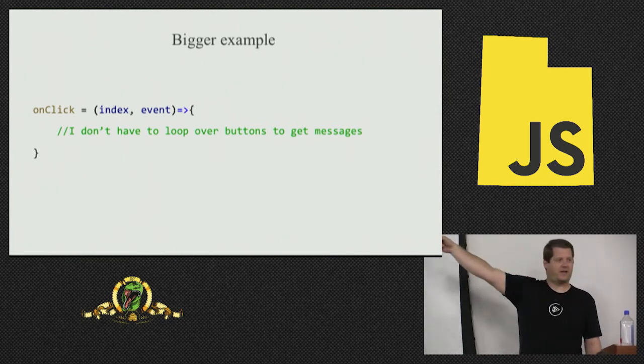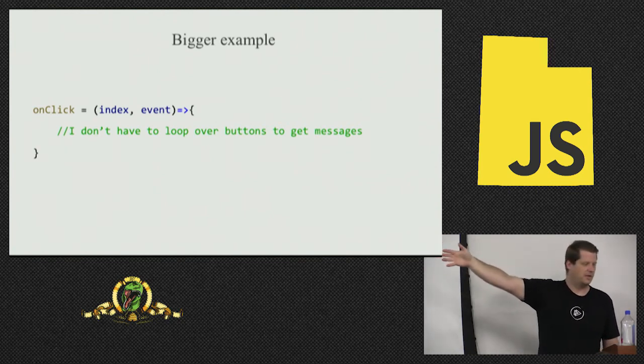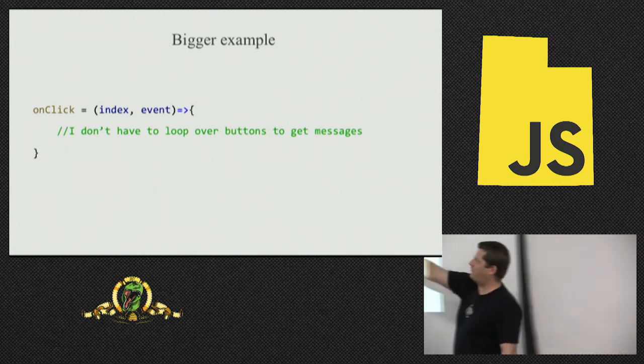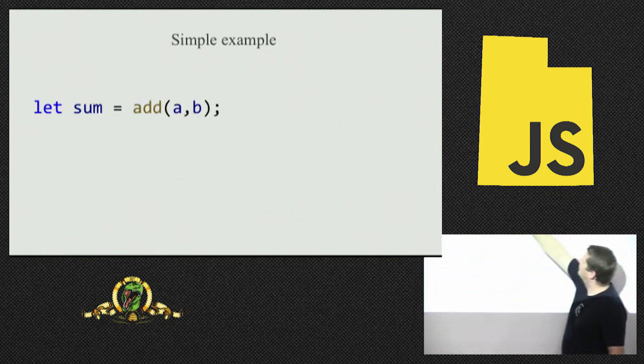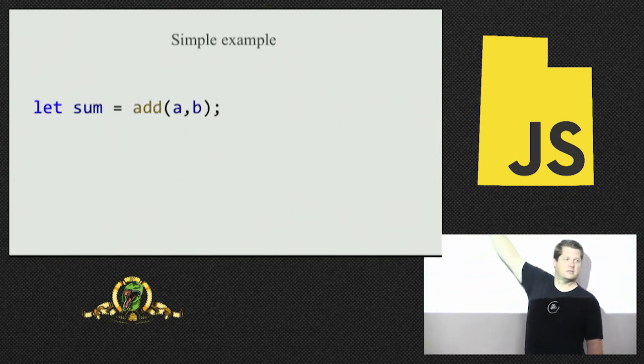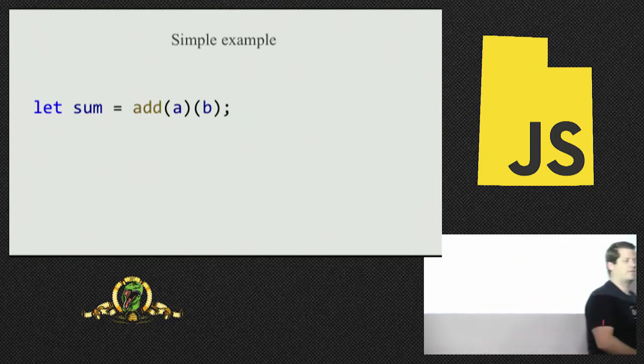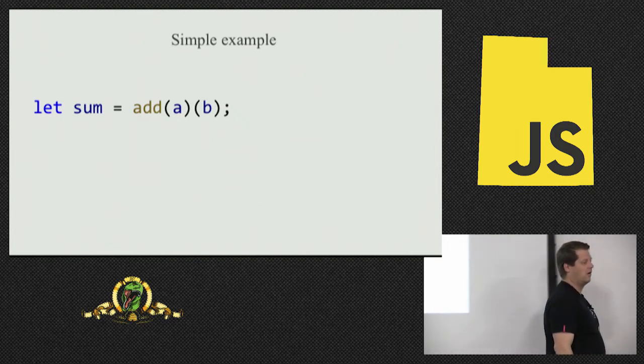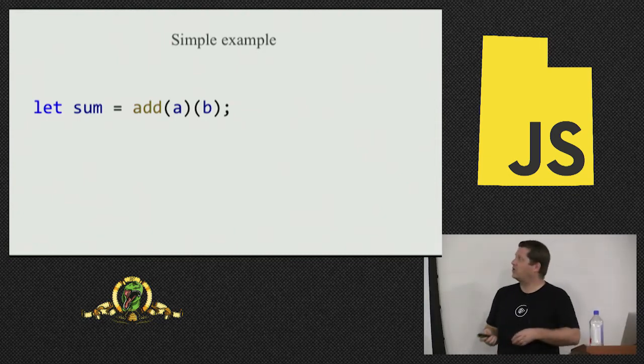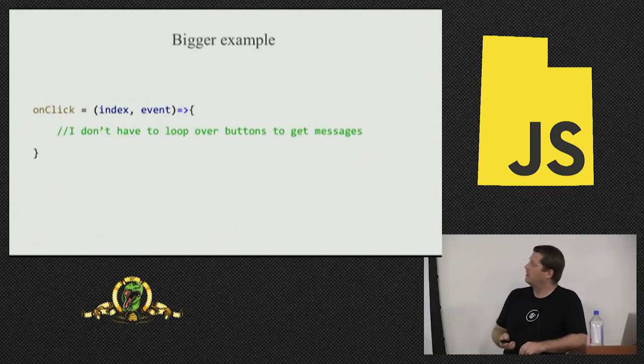Is this the way on-click handlers are called? No, you just get the event, right? We've seen this before, just a minute ago. It looked like this, right? And we went to this. What if I could do the same thing with my click handler, right? What if I could instead pass index in and split that apart?